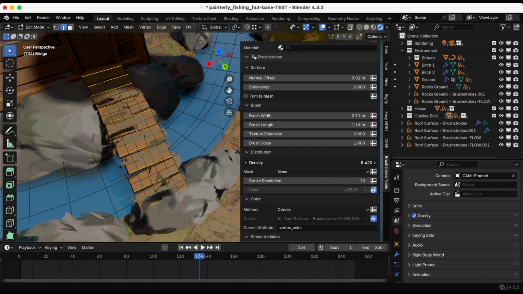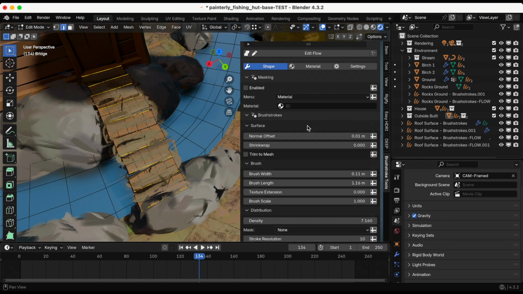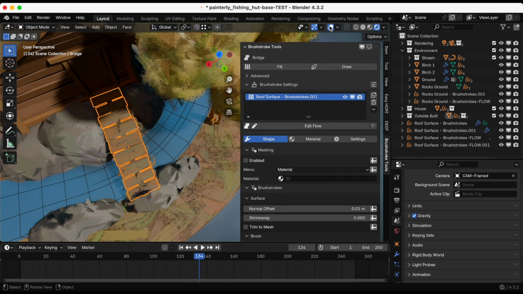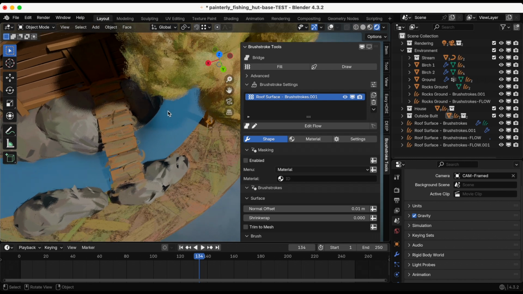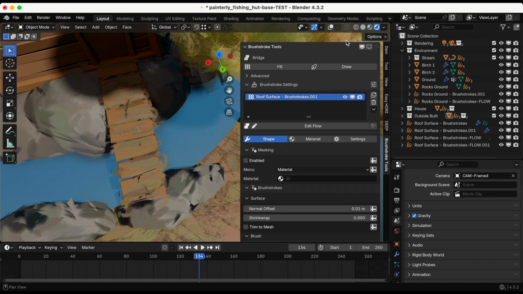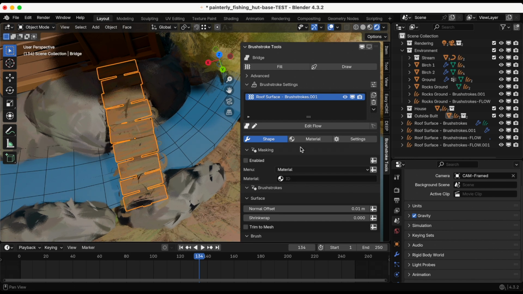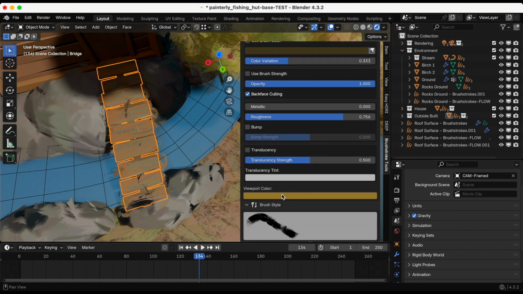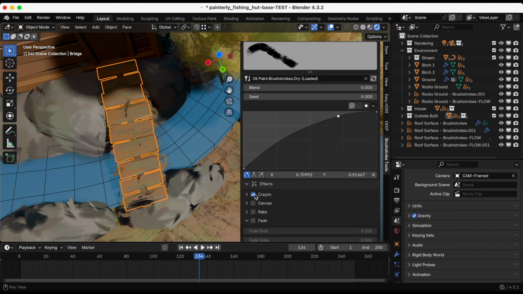So I'm gonna play with the density, the brush width, the length. To get out of that, I'm just gonna select the surface icon again. And I mean, I played around with it. I still don't really like how the brush strokes are extended from the bridge, and I will fix that before, let me turn off the effects and see if